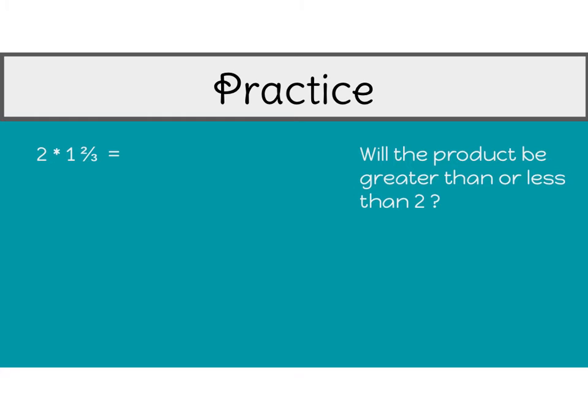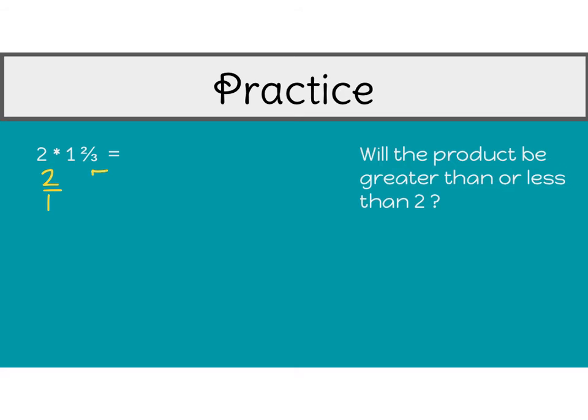In order to do that, our first step is going to be to rename each or both factors as fractions. So our whole number 2 is going to become 2/1, and our mixed number 1 2/3 is